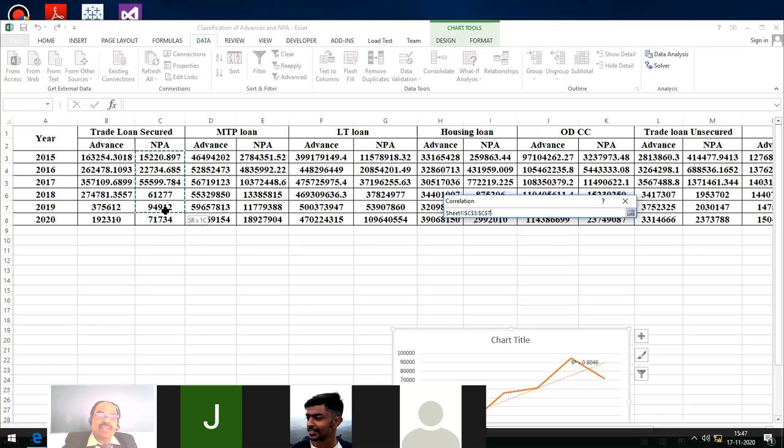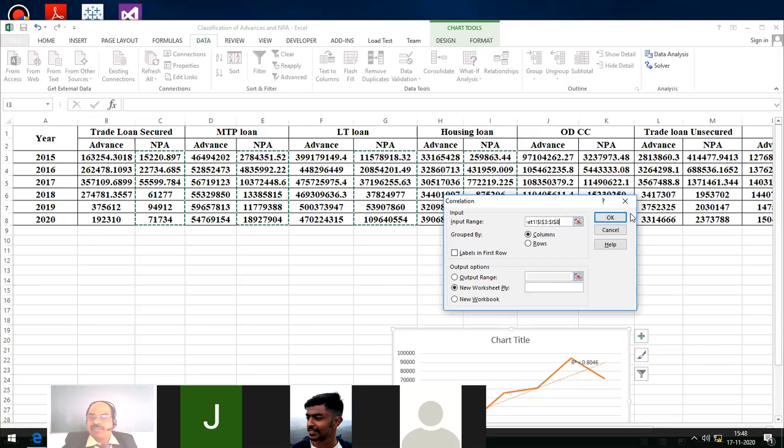One input range is NPA, then another input range is MTP loan NPA, another is long-term loan NPA, then housing loan NPA. I selected the non-performing assets of trade loan, MTP loan, long-term loan, housing loan. Of course, this will do the remaining thing.